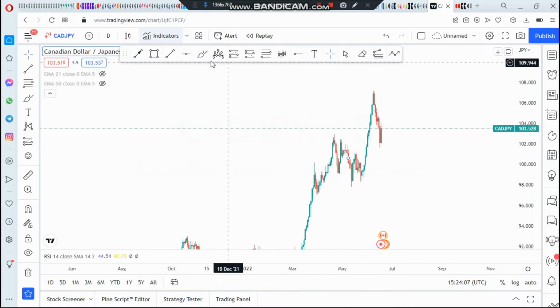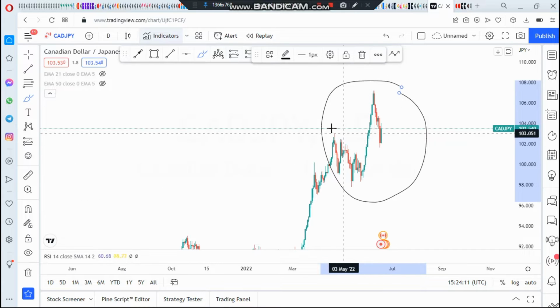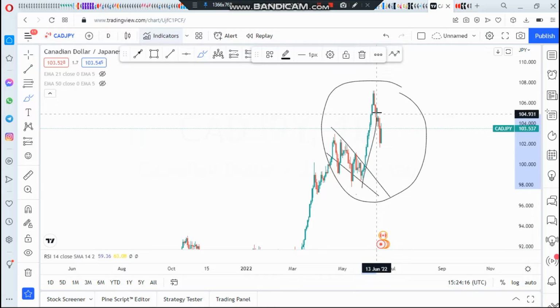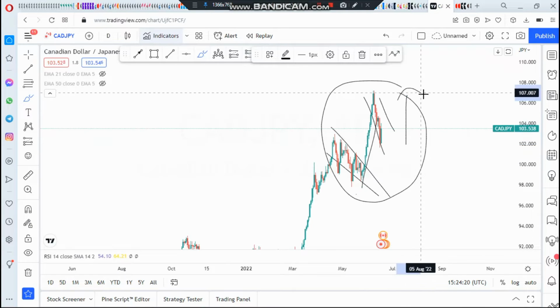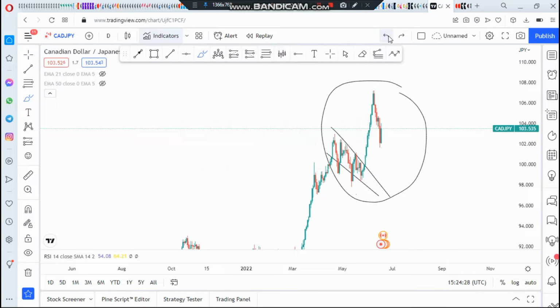this area around here. Let me highlight it, because we've come from this impulse and this correction, sorry, and this was the impulse. So this is yet another correction. We want to see what will happen next, the next potential move to the upside. So now that we have the image of how our market is moving, let's dive